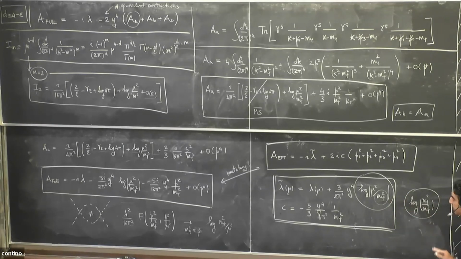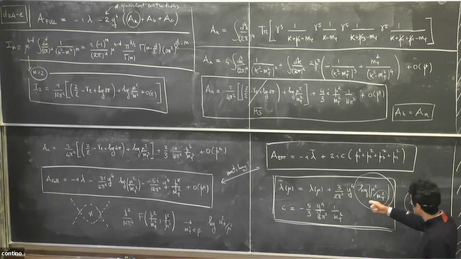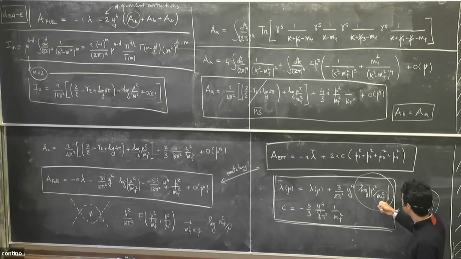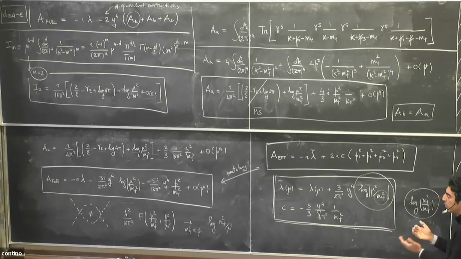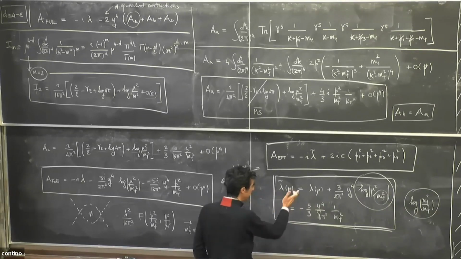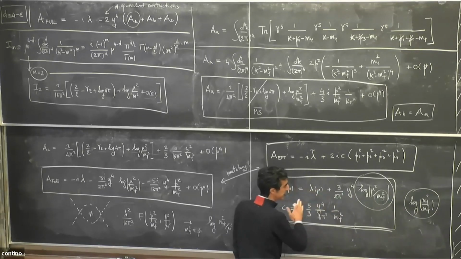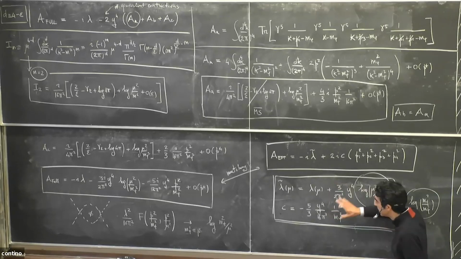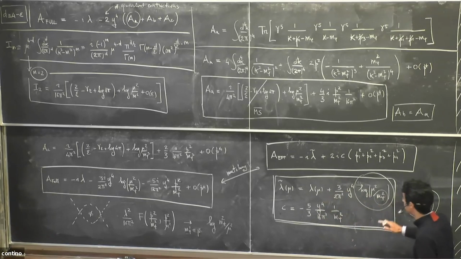Now, the presence of the logs is important because, for example, the fact that you have a log of mu over m psi tells you what is a good choice for mu, right? Because mu is arbitrary. It's a normalization scale, so you can choose it in the way you want. And in particular, it has to be chosen in such a way that perturbation theory, which I'm using to do matching, to extract these equations, is